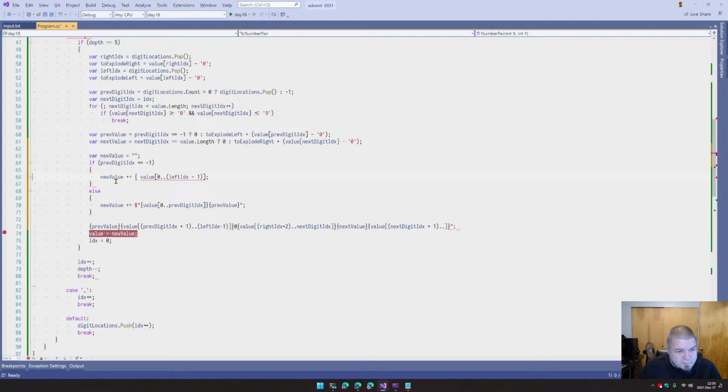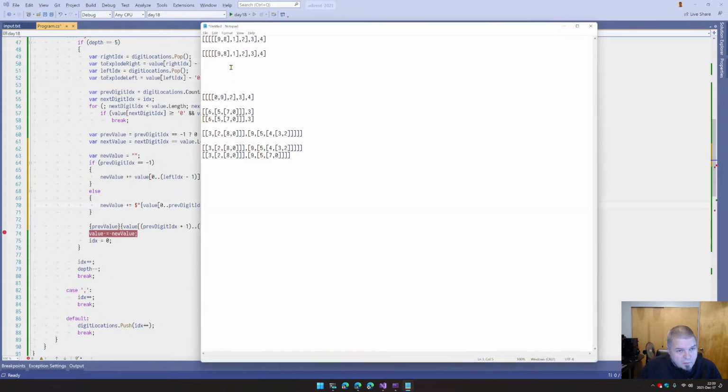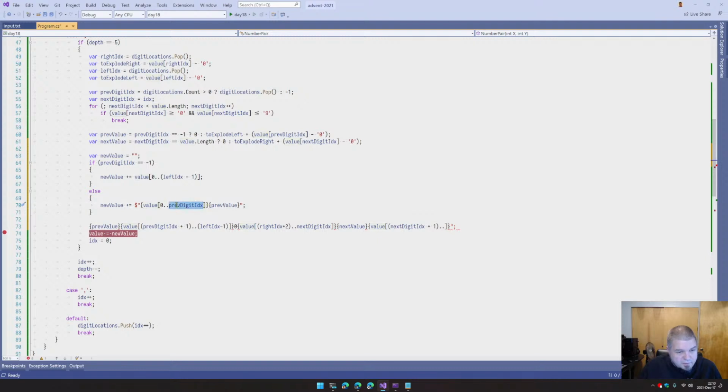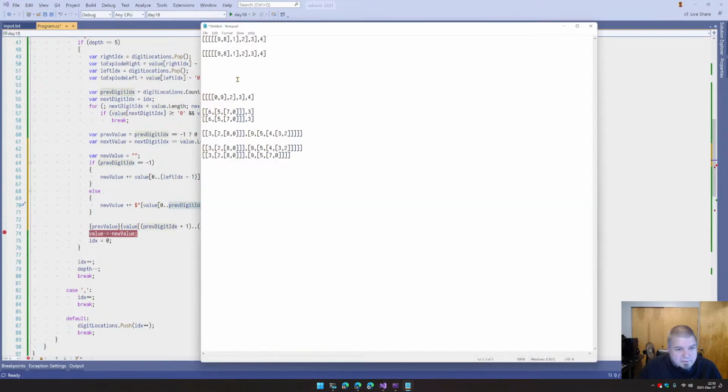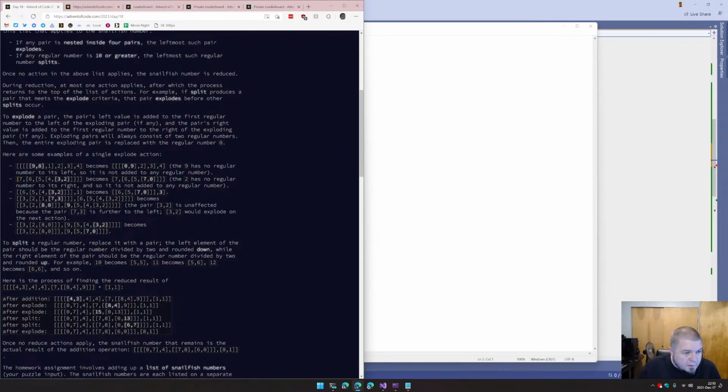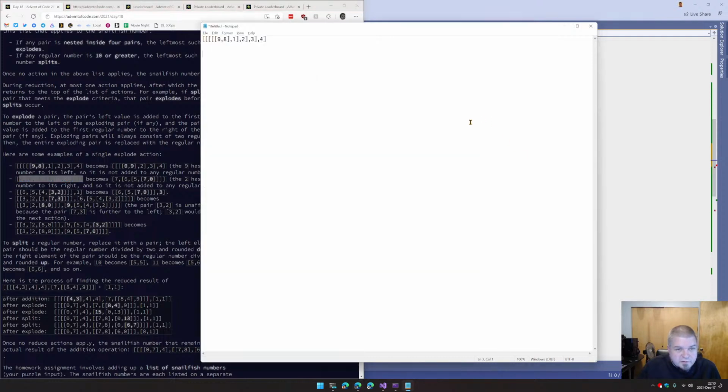Left index minus 1. No, stop it. But here what I want is, in this case, I've already messed up a whole bunch of stuff. Let's go get our sample again. So in this case, where we have previous digits,